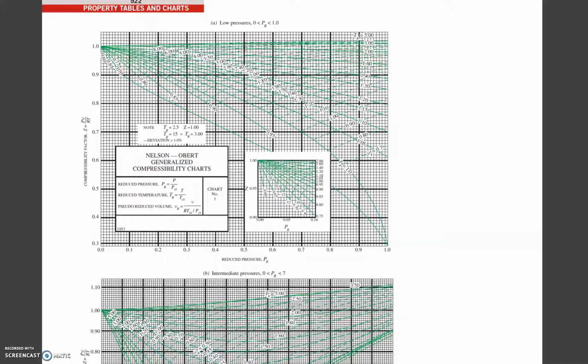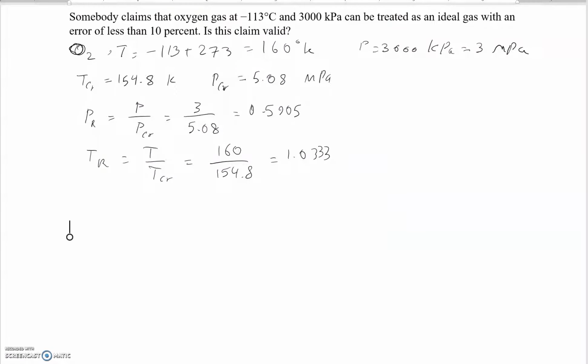You see the TR value is written here, and your TR value in this case is equal to 1, so it's this line, and it should hit 0.6 somewhere here, 0.79 or something like that, very close to that. So if you use the chart and read this value, you will have the z factor somewhere around 0.79,